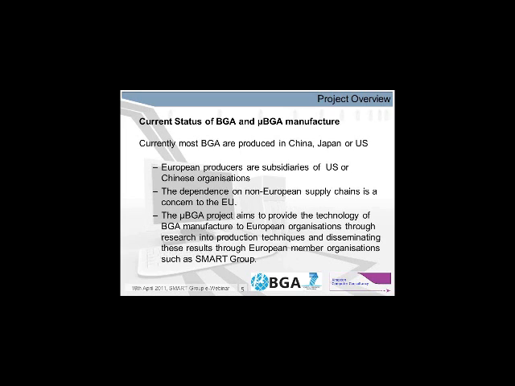Even the European producers are subsidiaries of US or Chinese organizations, and the dependency on non-European supply chains is a significant concern to the European Union. The Micro BGA project aims to provide the technology of BGA manufacture to European organizations through research into the production techniques and techniques to miniaturize BGA,